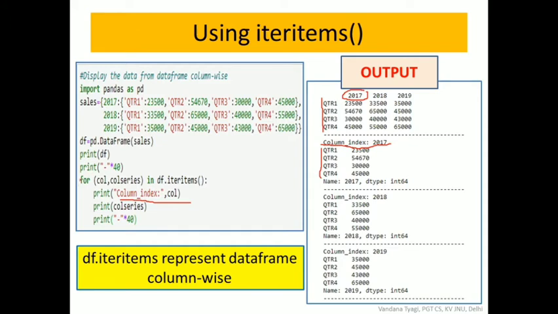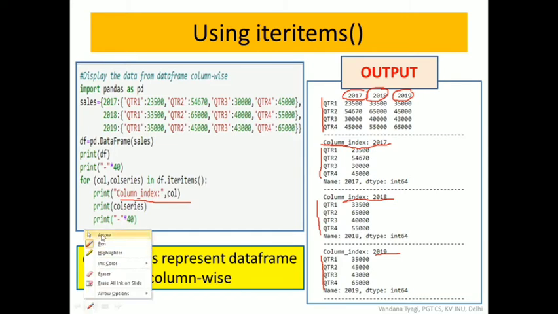And since we are doing it through a for statement, it again goes to the next column index. Then it will pick up that index value and show all the quarters under that, all the rows data under that. Similarly, my third column heading is 2019, and all the data under this column heading. So this way we are getting access to the records column wise.